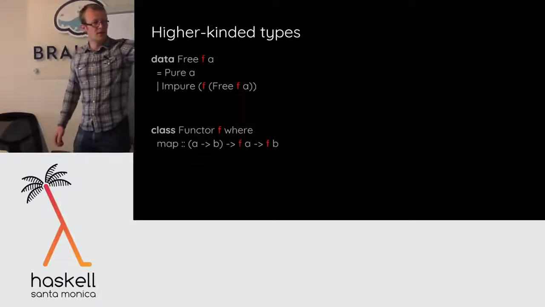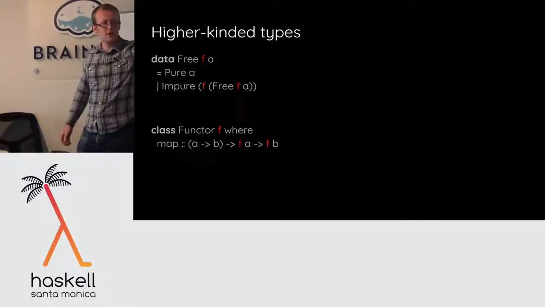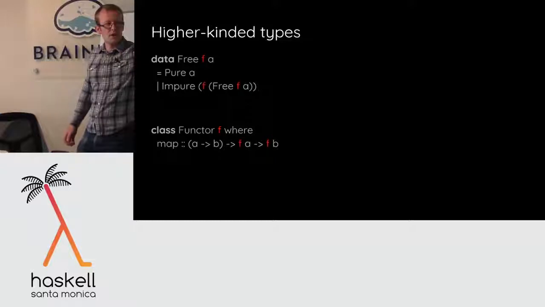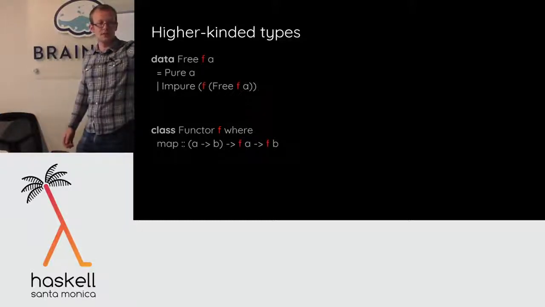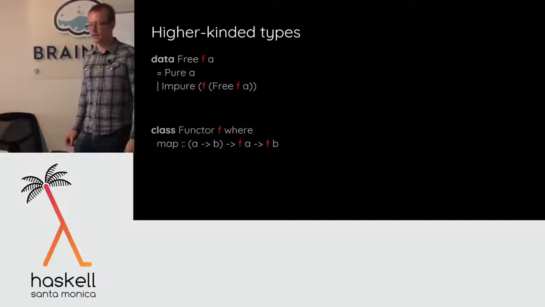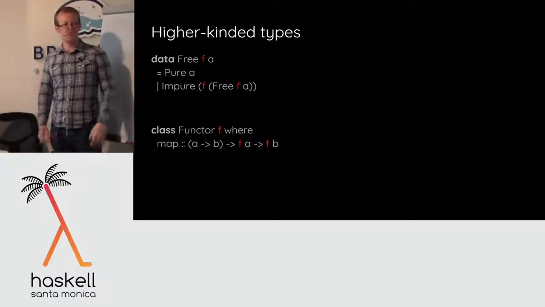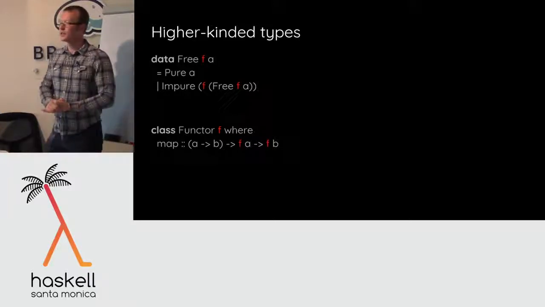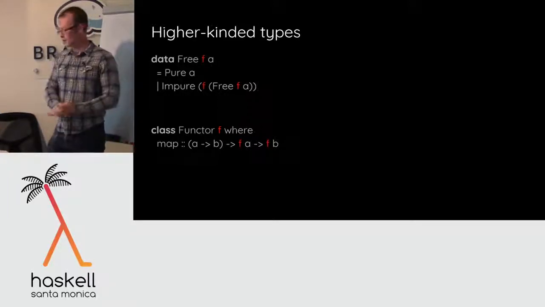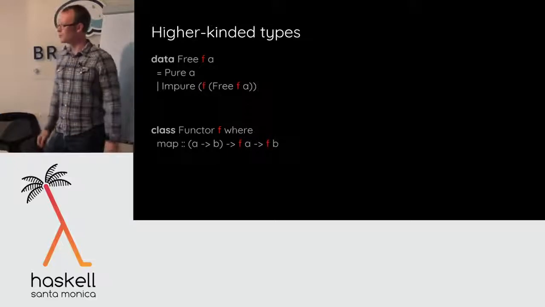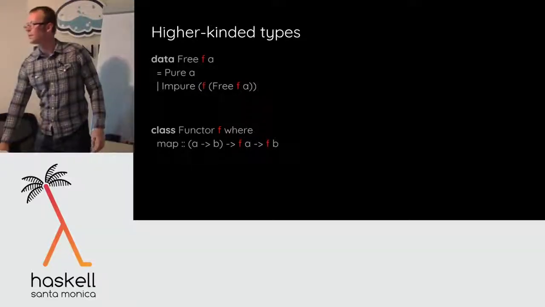So I can say Functor f, the type constructor f is a functor if whenever you can give me a function from a to b, I'll give you a function back from containers f full of a's to containers f full of b's. Okay, so I can implement this for lists, arrays, and whatnot, but I can use it generically. Any questions? So it just enables a new type of code reuse. Any questions on that?